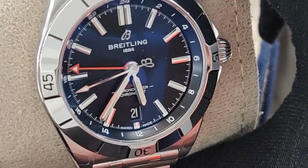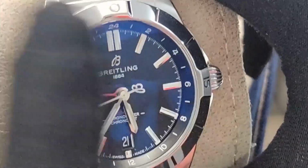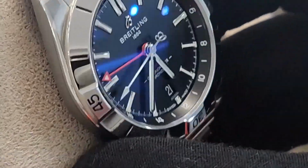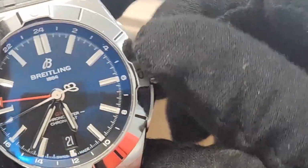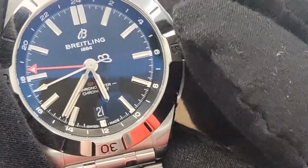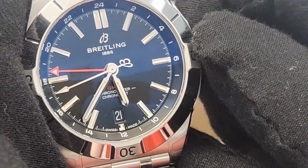This, to me, I'm going to give it a little shake. Actually, let me do this. Take it off of here. So, this is really cool where I can unscrew the crown, and with the unscrew the crown here,